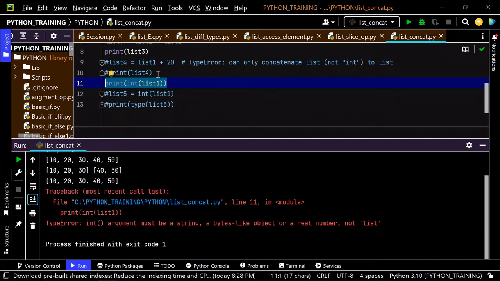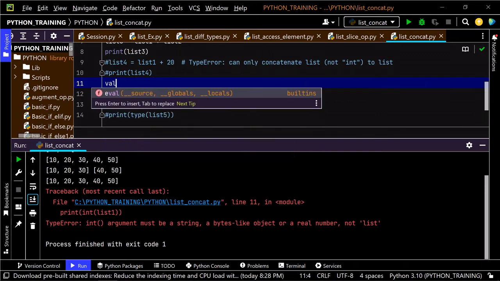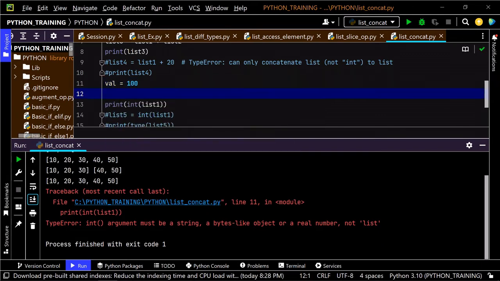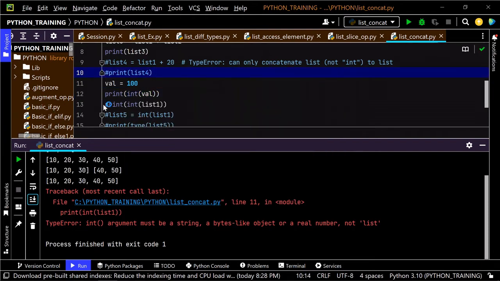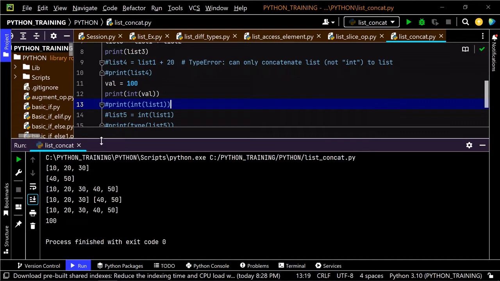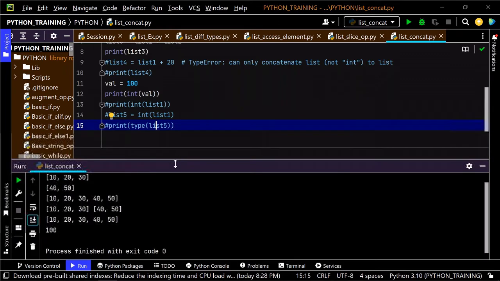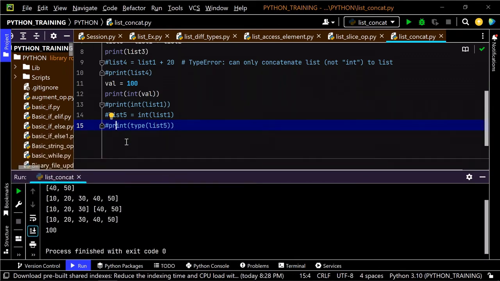Let's say, for example, I have a value equal to 100, and in this case we can do a casting. If I give int of it, it is going to work. There is something known as list comprehension, and in that case we can typecast each element, which is supported. But this kind of operation is not supported. We cannot plus a set. So any sequence, let's say, for example,